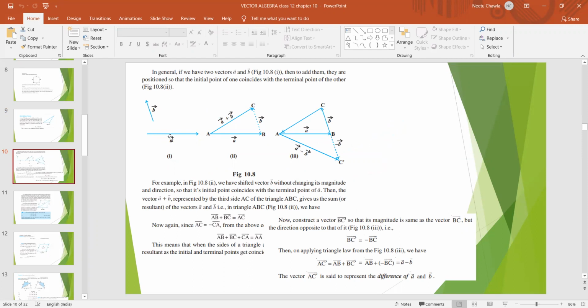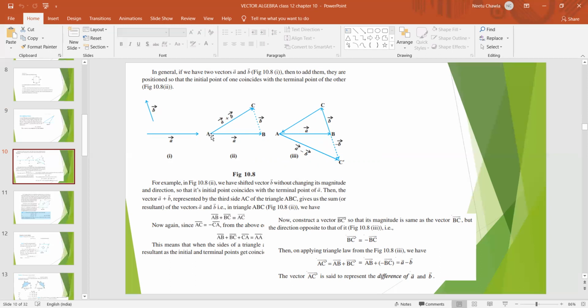Suppose we are given this A vector and B vector. In figure first you can see this is the A vector and this is the B vector. We have to add them. But the B vector is on the other side, moving in some other direction. But we had already told you in the previous class that we are always going to use free vectors, which we can move without changing their direction and magnitude. So if I move this B vector to the final position of vector A, we'll get the figure like this, the second figure you can see.